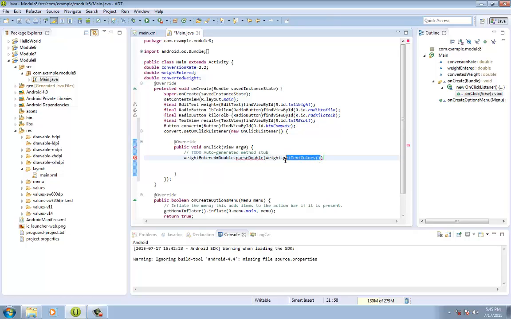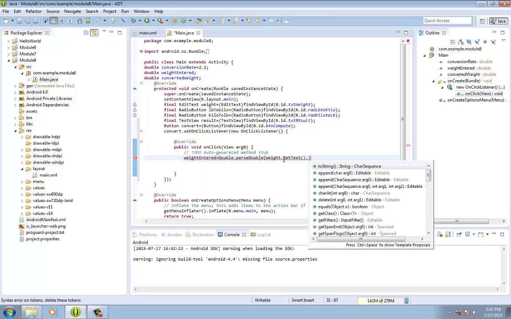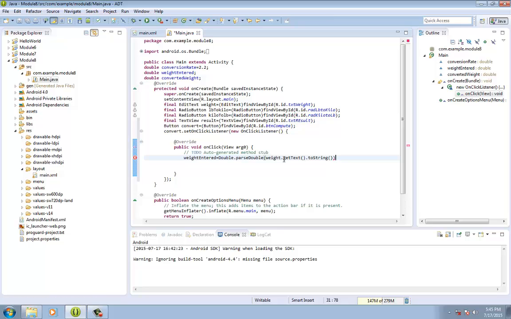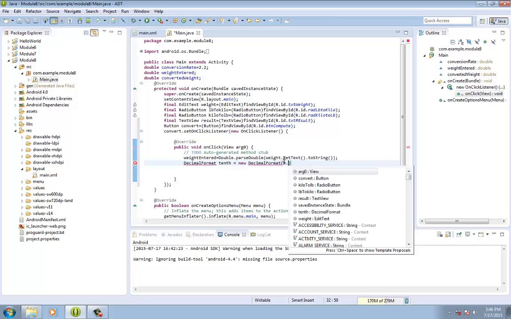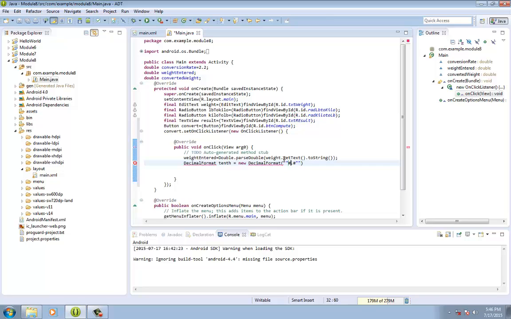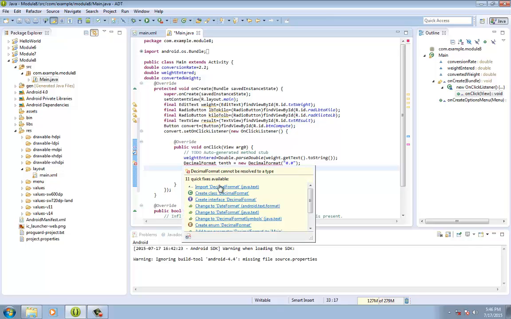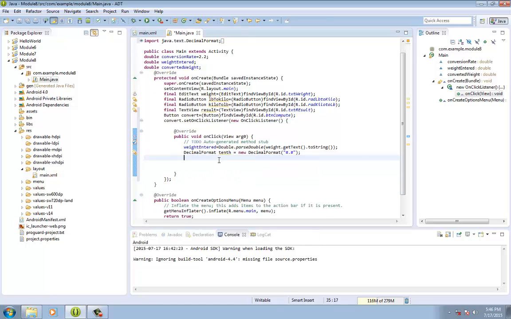okay. So we're just going to redo the code again. getText, then dot toString, and then semicolon, and then type in DecimalFormat, and then tenth, equal to new DecimalFormat, and then #.#, and then semicolon. Then don't forget to import your DecimalFormat as java.text, and then